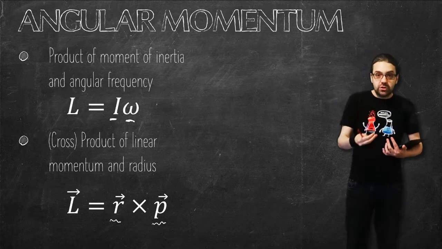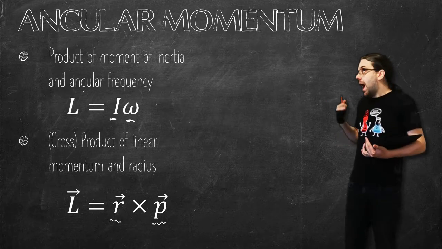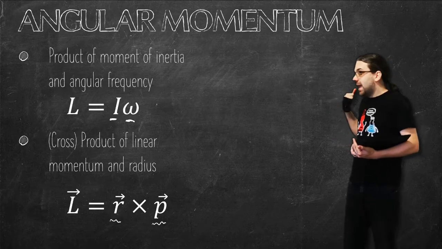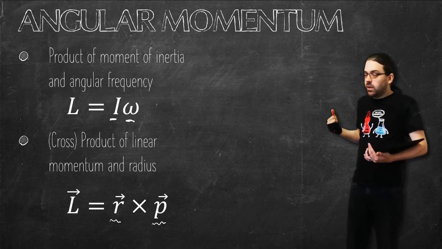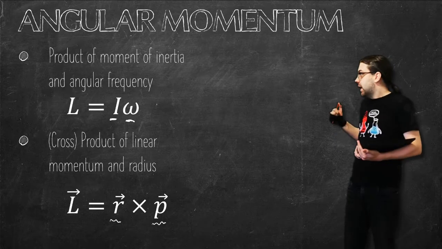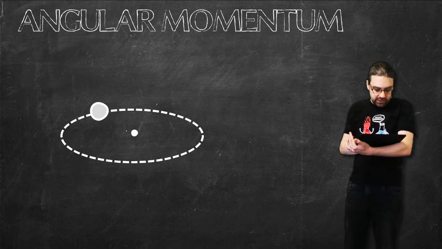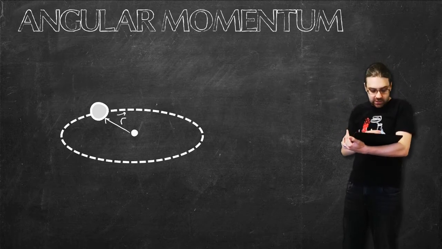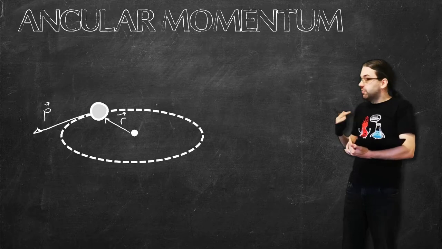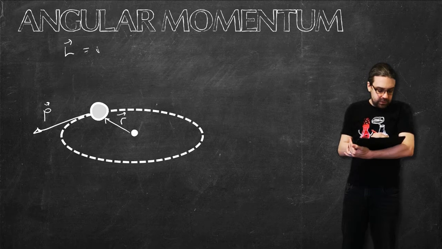So just like linear momentum has a vector, it has a magnitude and a direction, angular momentum also has a magnitude and direction. And there is an interesting consequence of defining it as a cross product, in that if we have a particle making an orbit and this is the radius sticking out from the center, and this is its linear momentum going forward in a particular direction,